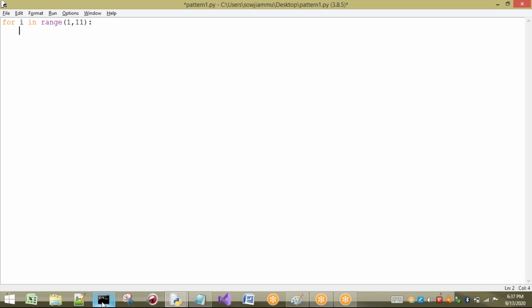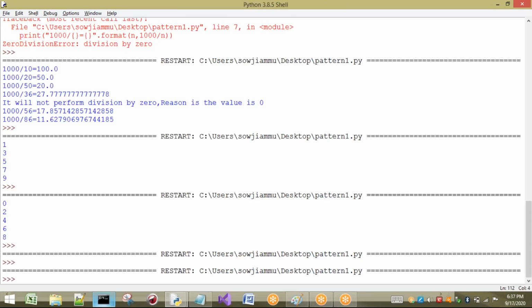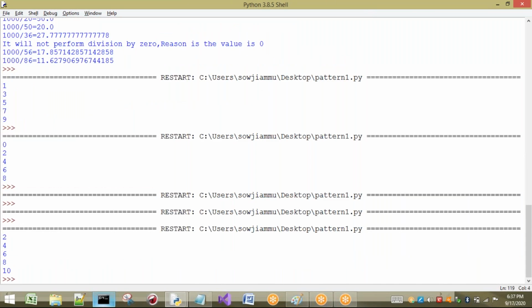Here I take if i modulo 2 equals 0, which indicates even numbers. If it is an even number, I print it. Now if I execute this program, you get the even numbers, no problem, it is correct.